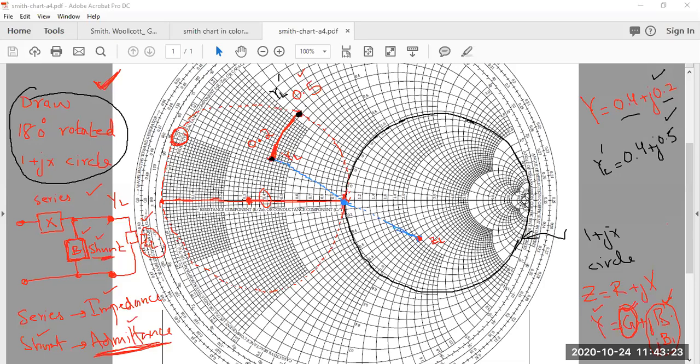Now, graphically, I was explaining that I am moving, but from the circuit point of view, I can only move if I add something to this YL. And what have I added? I have added this element. So if this point moves from this point to this point, how much should B be? B has to be equal to plus 0.3,